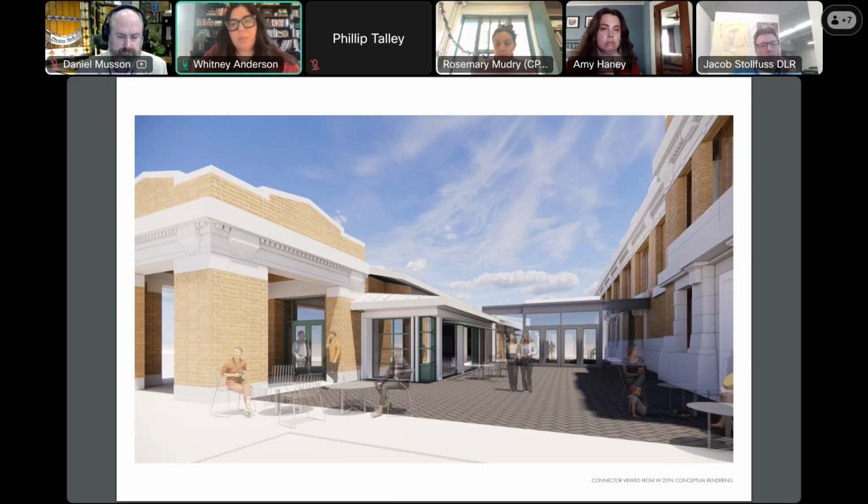I guess my preference is because it is a courtyard, ideally you wouldn't have doors there, but I also understand that you need to protect the furniture and the space. So if there was a door option so that when the market was operating it could feel more open air, I think that would be ideal.